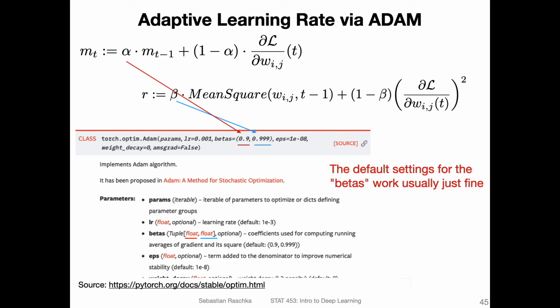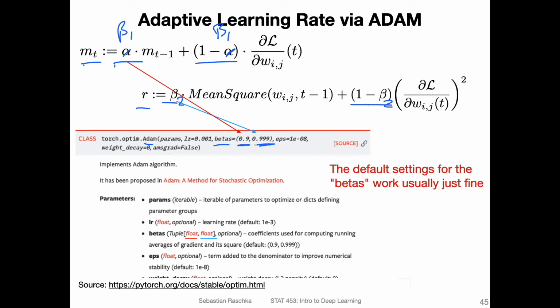So just a little bit more about Adam. In the previous video I showed you that there are 2 parameters: the alpha parameter for the momentum term and the beta parameter for the RMSProp term. They are also available to modify in the Adam optimizer. Here they are both called betas, like in the paper. So this would be beta 1, and this one would be beta 2. So just so you know what they mean, the first value is for the momentum beta and the second value is for the RMSProp beta.